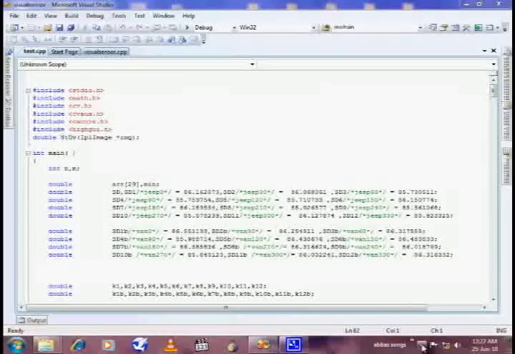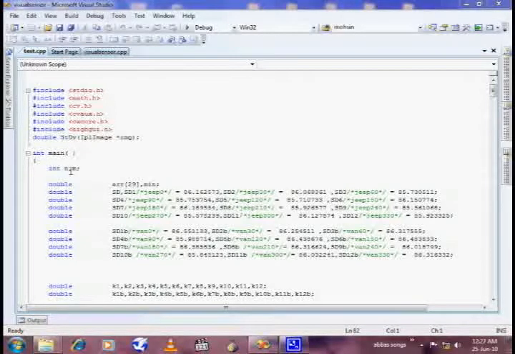Now I would like to explain to you the backend code of our server. The backend code of our server consists of OpenCV code. The OpenCV code has some header files like stdr.h, math.h, cv.h, cvaux.h. These are the basic header files of OpenCV. After that we have a standard deviation function which we explain later.